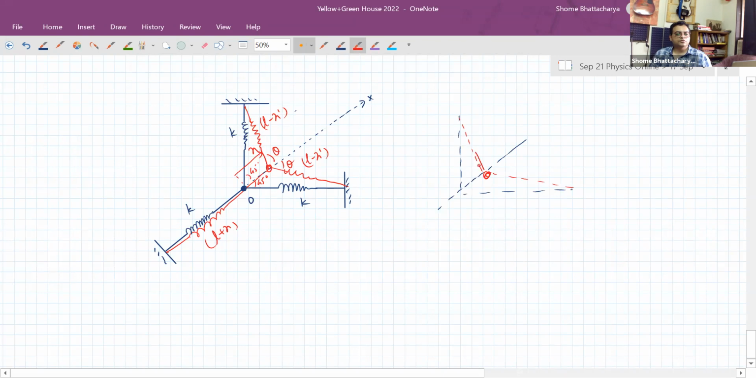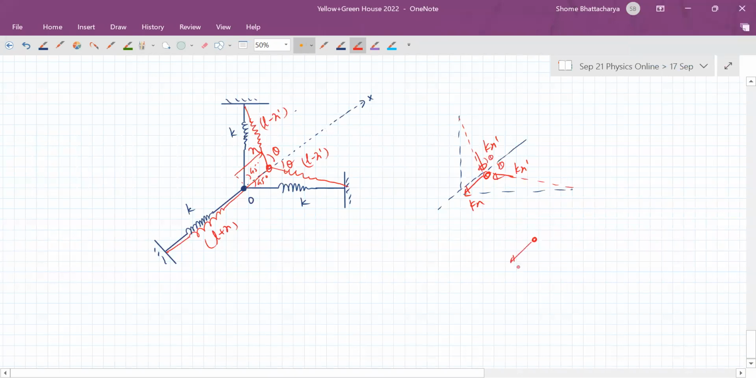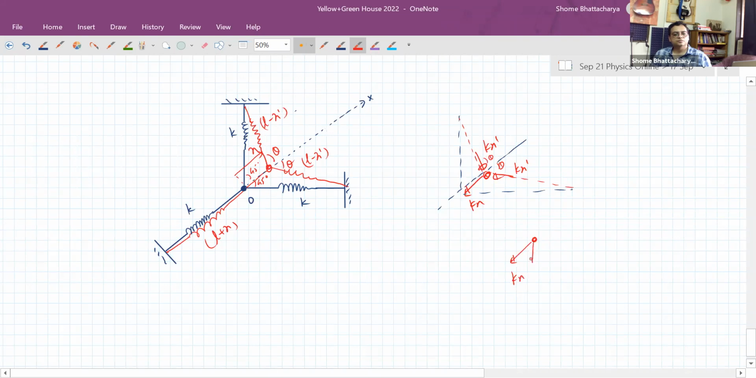So this spring will apply a force in this direction of kx prime. This spring will apply a force in this direction of kx prime, and this spring will pull it back with a force of kx. So these two angles being theta, you can see that the net force on the block will be the vector sum of kx prime and kx prime in terms of displacement from the mean position like this. So the net force will be